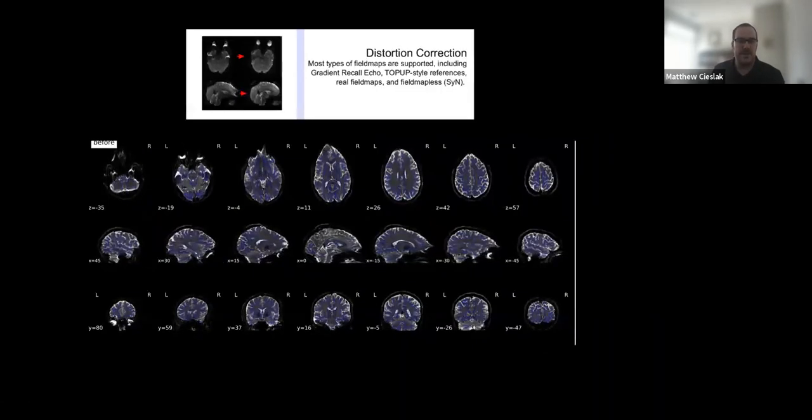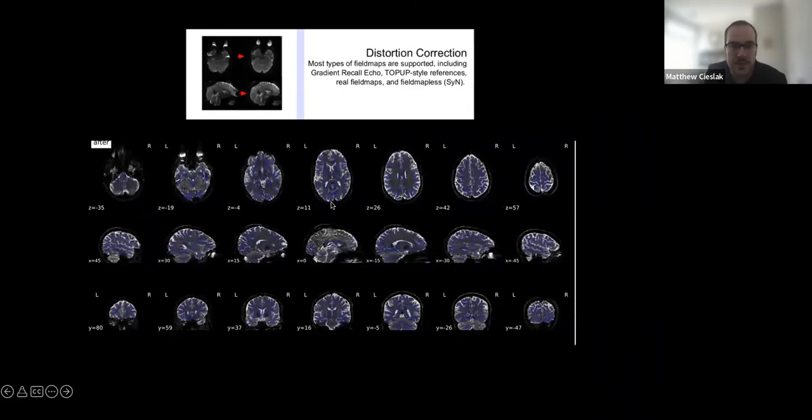Next up is my favorite. This is susceptibility distortion correction. If you can see it on your screens, there are little blue contour lines that show the gray matter, white matter interface from the tissue segmentation that happens based on the T1 weighted image. It shows you the before image where there's clearly distortion, and this is an APPA scan, and the after image after the correction's been applied, and everything just happily goes where it's supposed to go. So these are all inside an HTML report that you scroll through at the very end to make sure that nothing